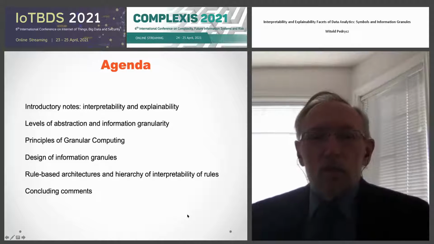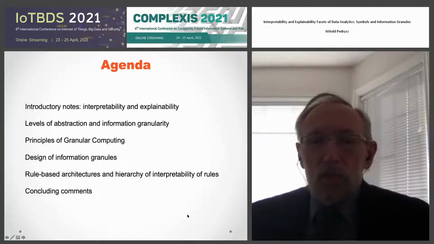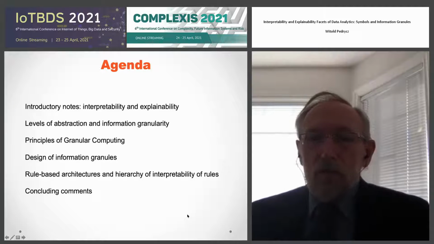And then I'd like to move on to exposing the principle of granular computing and focus on designing aspects of information granules and discuss some quite general area of architecture, namely rule-based models, and show how interpretability aspects are present